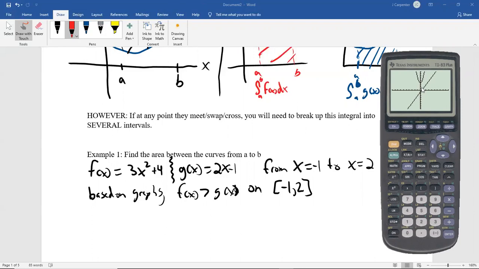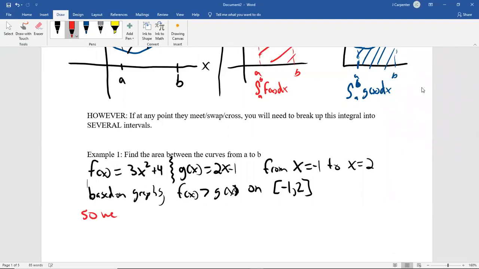So we need to do the integral from -1 to 2, f of x minus g of x. We got to do the first one minus the second one. Don't forget your dx. Don't forget your parentheses when these are more complicated like that. But let's actually write what the functions are. The f of x is the 3x squared plus 4. So this is the integral from -1 to 2 of 3x squared plus 4 minus